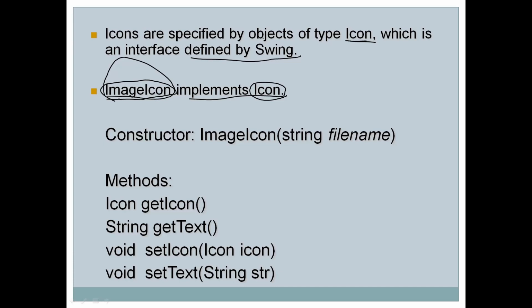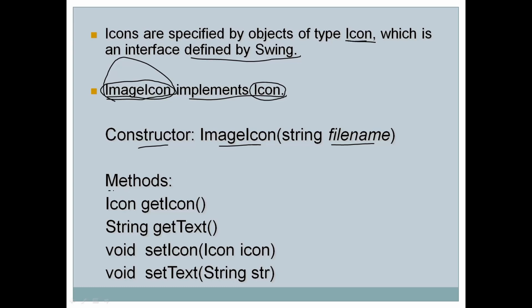Okay, how to create an ImageIcon? We have a constructor here for ImageIcon. You can see here ImageIcon with filename in brackets. Filename simply specifies the complete path name along with the file name where the image file is located. If the image file is located in the D drive, the complete location of that file has to be specified here. And once it is specified, it will create an object of ImageIcon, and that can be passed to the JLabel.